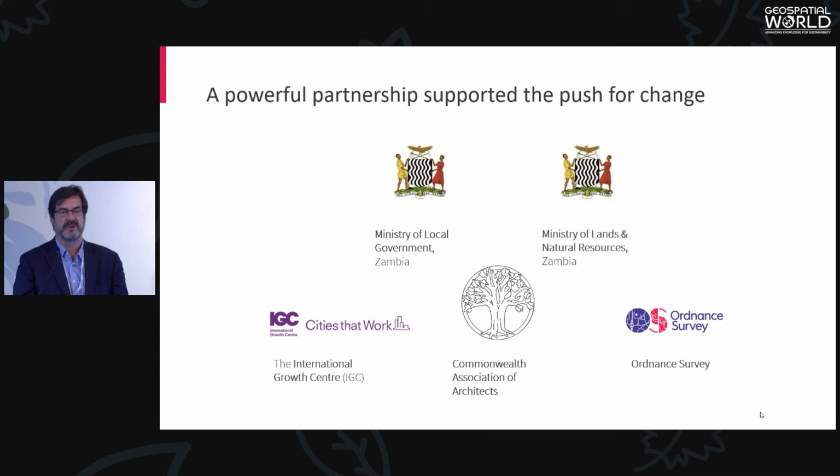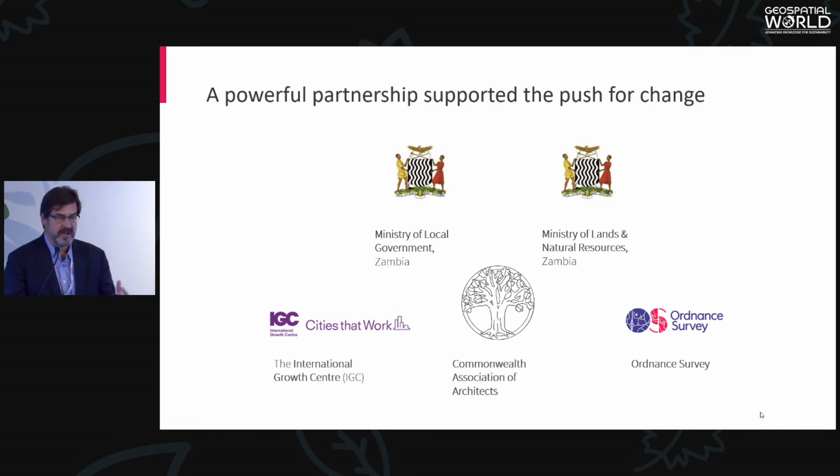The whole challenge was, how can Lusaka understand where its informal settlements are? How are they growing? How are they densifying? And how can the city therefore target the key resources that are required to mitigate some of that informality? Where are the gaps in sanitation? What are the gaps in health services? We were very pleased and honoured to work with the Ministry of Lands and Natural Resources, who provided us with some of that key source imagery data that we needed to create this new map.